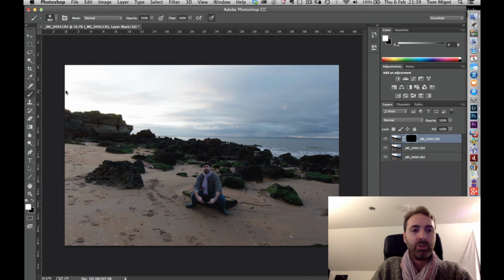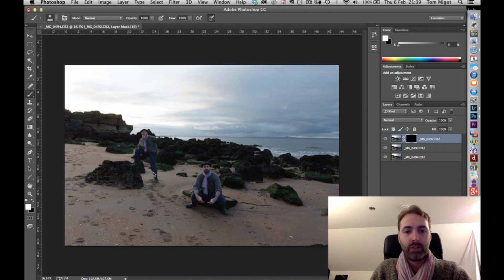And if I'm actually using the brush tool, you see here, and the opposite color to the black, which is white, I'm going to be able to reveal whatever I want from that first layer. So know that I only want to reveal myself. So here it is. I'm painting. It's very quick to do. It's fantastic. Look at that. It's easy. And that's it. It's done.